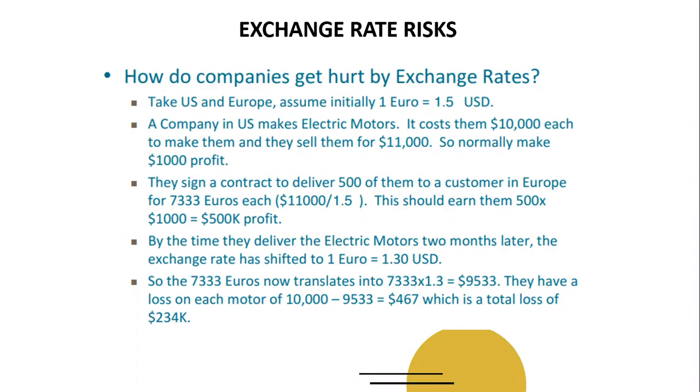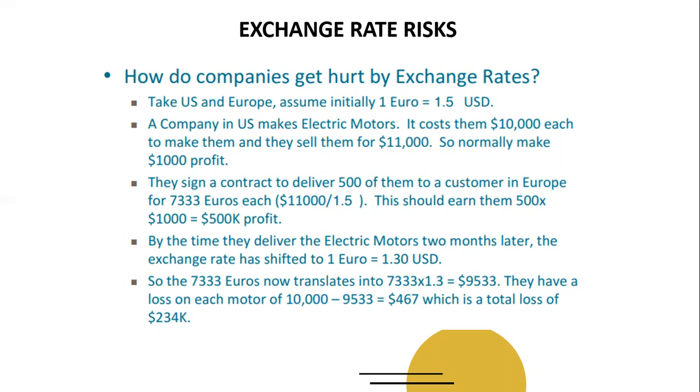now instead of getting 11,000 for every motor that they were selling, they are only going to be able to get 9,533 for every single motor that they sell. So they were expecting a lot more. They were expecting $11,000, but because of the exchange rate shift, they're only going to be able to get 9,533. Well, that basically means that they're going to be making a loss of $467 on every single motor that they sell. And that means that instead of making a $500,000 profit on this transaction, they will be making a